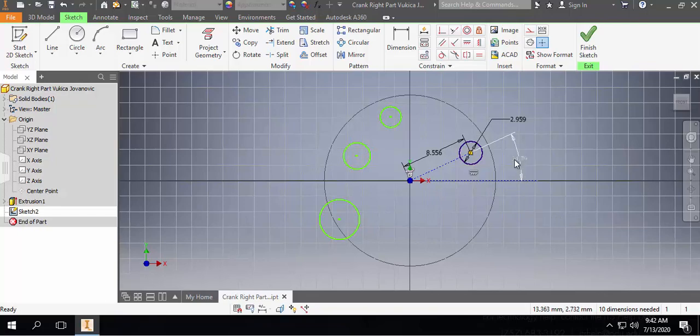So in this angle will be 0, but you know, I don't have to draw these 2 lines. It's just so many drawings. I can just use my x axis, and I can say that this one is horizontal, and by saying horizontal I'm actually saying that that angle is 0. So you see this is my horizontal constraint, and if I click on the starting and end point of this line, I'm saying that basically angle is 0, the one in coordinate system that I was referring to, the polar